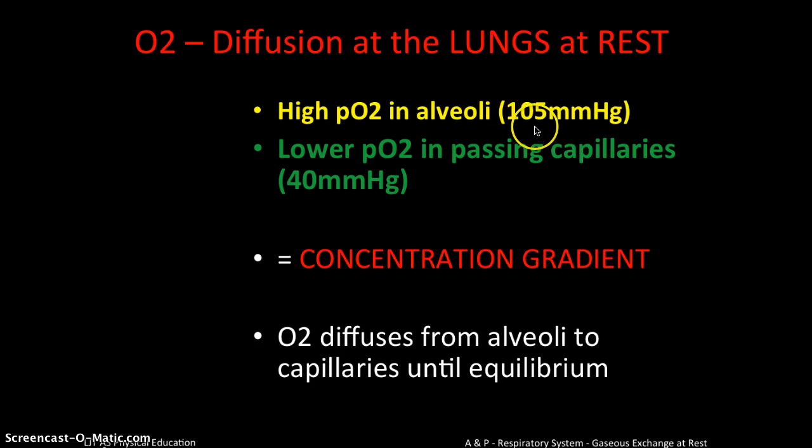And here are some actual values. Now you won't need to quote them, but I think it sometimes helps give you an idea. So there's a partial pressure of about 105 millimeters of mercury in the alveoli. Every time you breathe in, you top up this fresh oxygen. So we always have this high value in the lungs. In the capillaries coming back from the body, you might have a lower value, maybe 40 millimeters of mercury. And if you can picture that slide I showed you, this is the high, this is the lower, and therefore there's a diffusion gradient, and the oxygen will diffuse from high to low